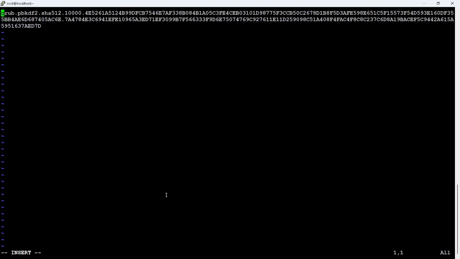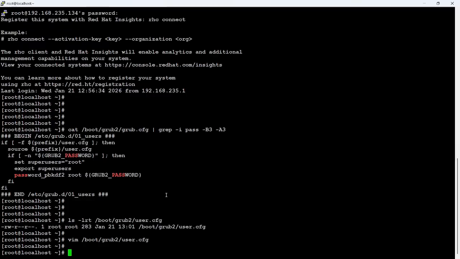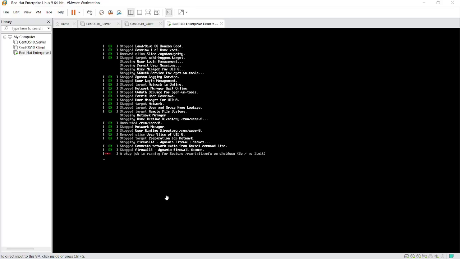We have to set up the variable. This kind of variable has to be set up to read the password at boot time. Now we set up that variable, save the configuration file, and try to reboot and check